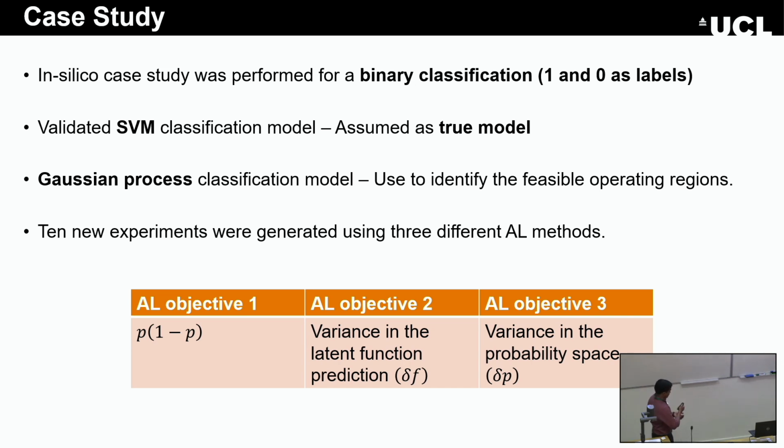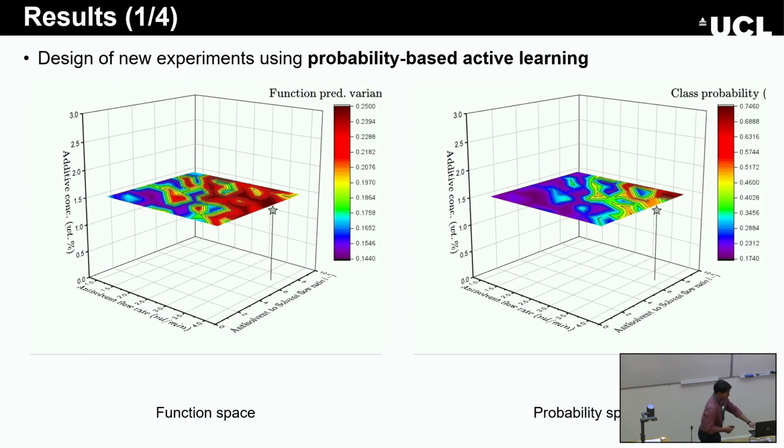10 new experiments were generated using 3 different active learning methods. One is probability based, where we only use the probability values. One is based on the uncertainty in the latent function space, and one is based on the proposed method, which is the propagated uncertainty one. So if we look at the result,